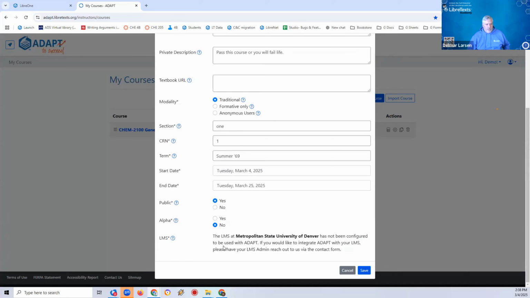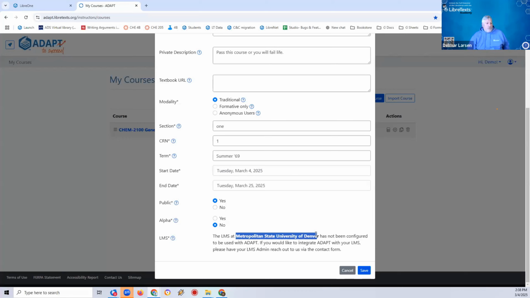And lastly, there will be an option here that says, if your campus is already set up with an LMS, meaning that you can pass grades back to your LMS, you'll have an option to make this an LMS enabled course or not. In this case, Metropolitan State University of Denver is not hooked up with us. That has to be a manual decision that the LMS administrator makes. So we are unable to operate as an LMS enabled course, and can only operate as an uncoupled course.